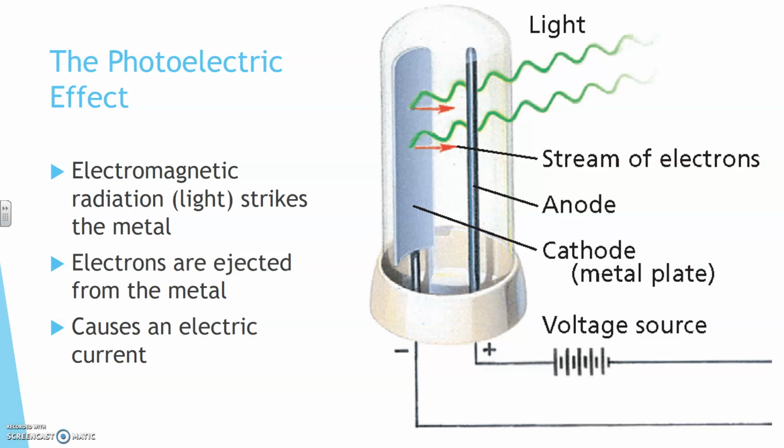If you hook it up in a circuit, you can have the electrons flowing from the cathode, which is the metal plate here, towards the anode. They go down the wire and then can come back to complete the circuit. So that causes an electric current, just from hitting it with light. It's a little bit weird, but